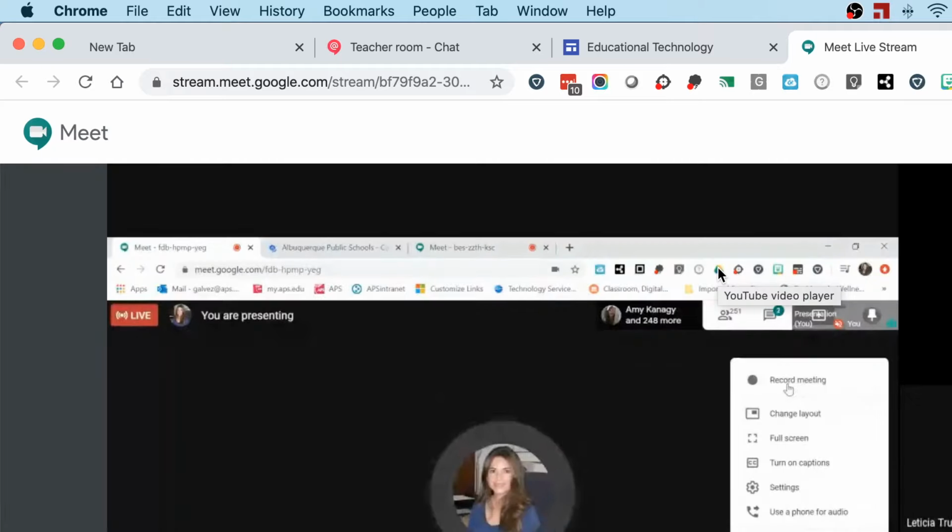set up this Google Meet, then you can record the meeting. You can record your Google Meet when you're meeting with the student. And when you choose this option, it'll say, do you have consent? And you just click yes. If you're meeting with the student, it'll prompt you, do you have consent to record this meeting with your student? And you can choose the yes option if you do have that consent. You should have the consent already because Google is the district supported domain. So you should be able to have that,